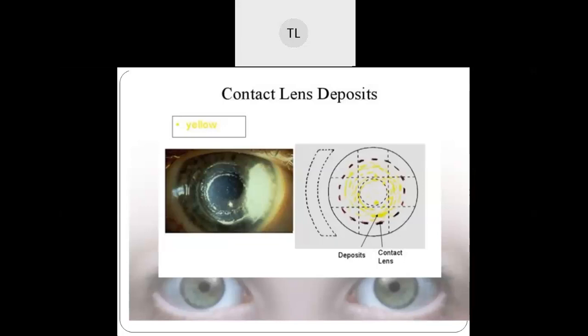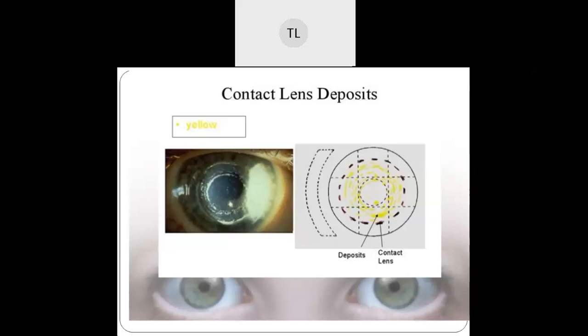Okay, and also because of ill fitting, what happened? In ill fitting, if this lens is rough over the surface of the cornea or over the eyelids, this can lead to itching and irritation. Okay, and that can lead to papillae, and because of the papillae there can be a deposit. Okay, so this is not directly linked, but indirectly somehow it's linked to the deposit.